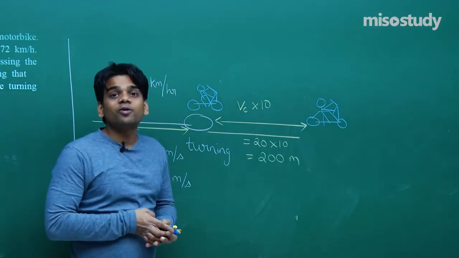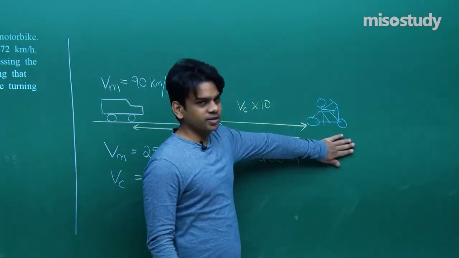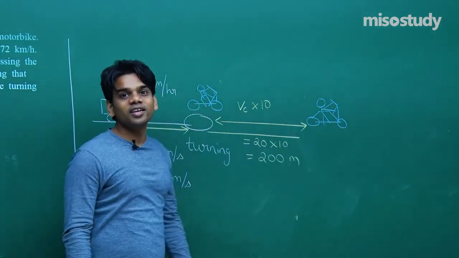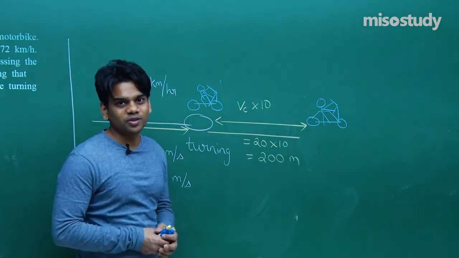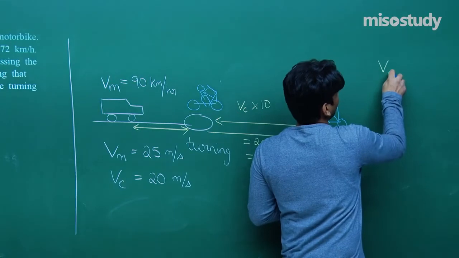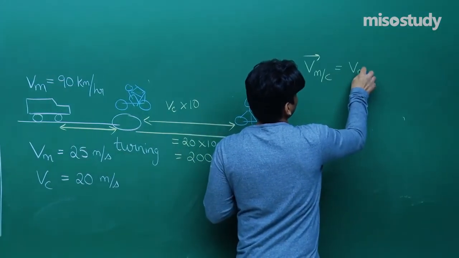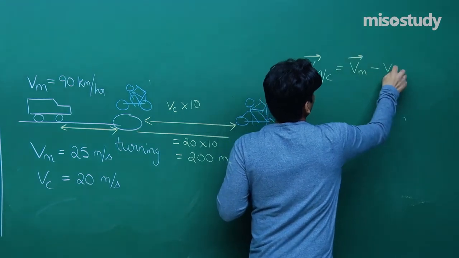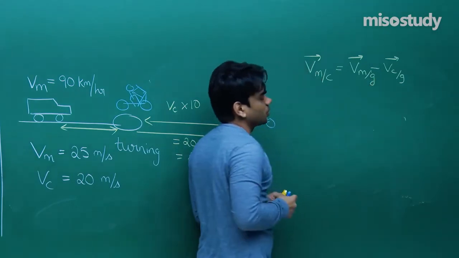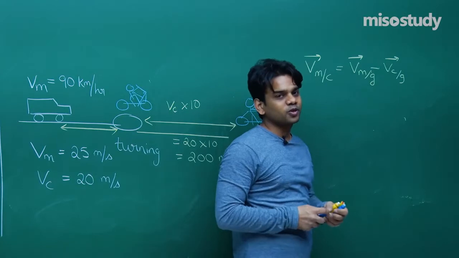Now you see here, we are going to use the concept of relative velocity. Let me stop the thief here. The policeman will start traveling with the relative speed of himself with respect to the thief. So if I stop the thief here, the velocity of policeman with respect to culprit will be velocity of policeman minus velocity of culprit, and let us use a proper one, that is velocity with respect to ground. Velocity of policeman with respect to ground minus velocity of culprit with respect to ground.